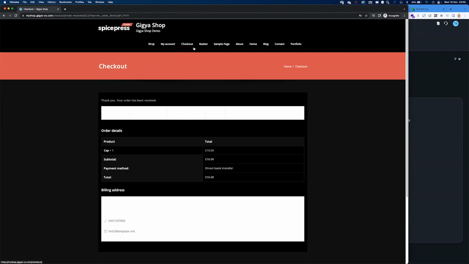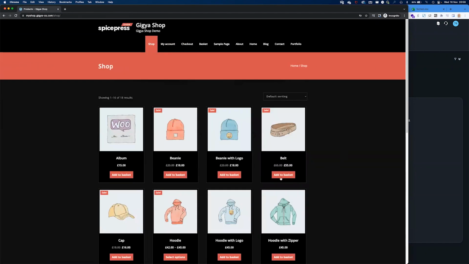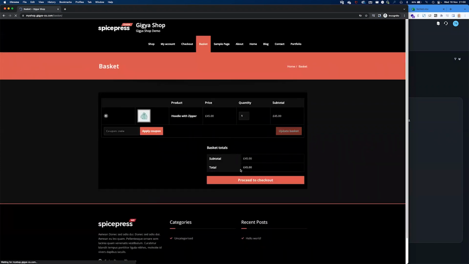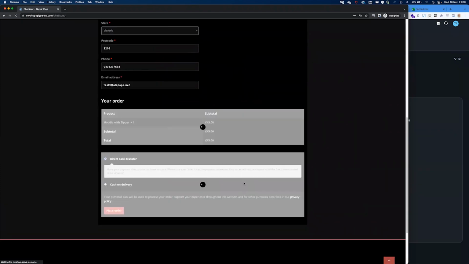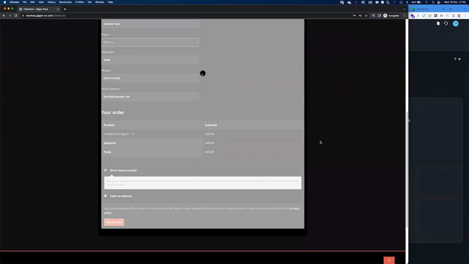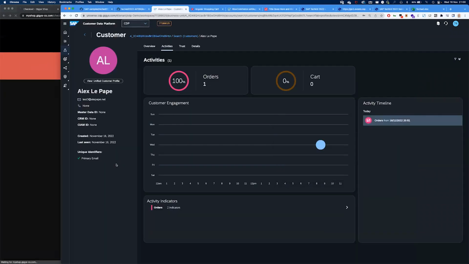And let me just, in the 1 minute that we have left, go to the shop. And just to highlight the segment, buy something quite expensive, let's say a hoodie. So between these 2 orders, we're going to get to more than 50. That should get us into the next 2 tiers actually, gold in the VIP segment. So let me just place the order, and we'll give it a few seconds. But I think we reached the end of the time that was allocated to us. So I'll try to refresh in a few seconds, but